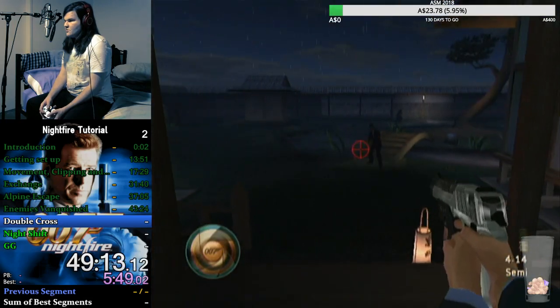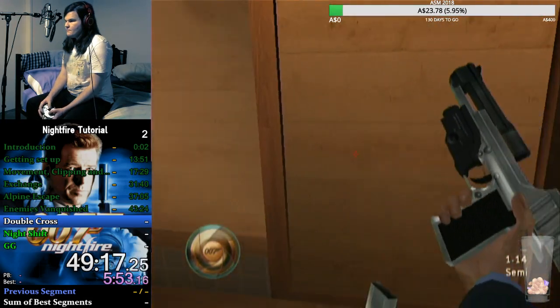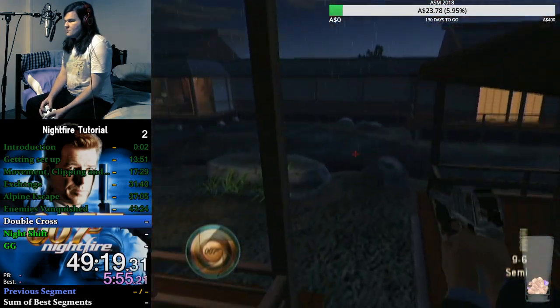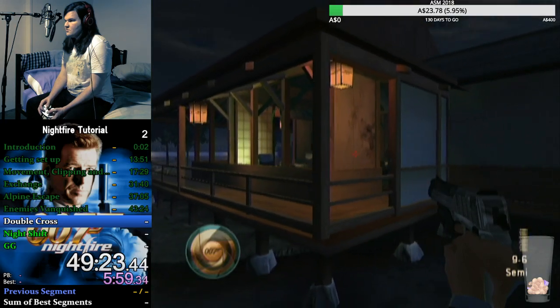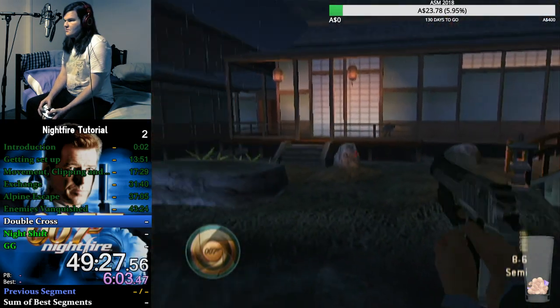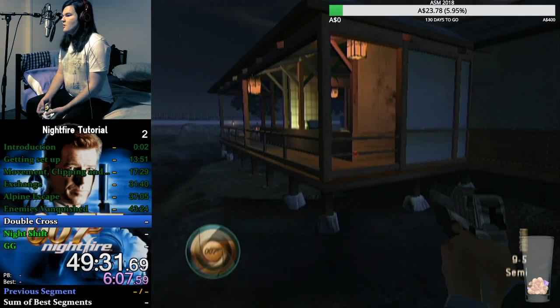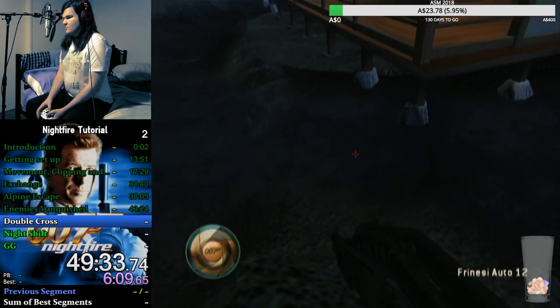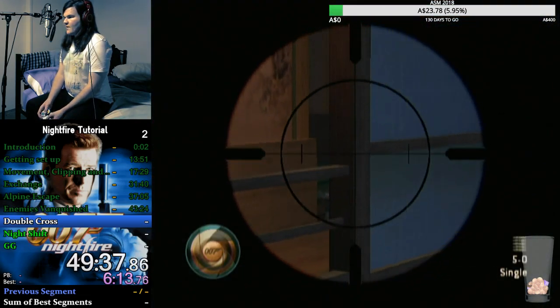Let me just kill everyone so they don't chase me. Okay. Oops. So we're gonna jump over this railing. Okay. Right. They all dead? Okay, all the main people we need to worry about are dead. Now, we're gonna go for a weird jump here. So, this thing here, this little railing here,